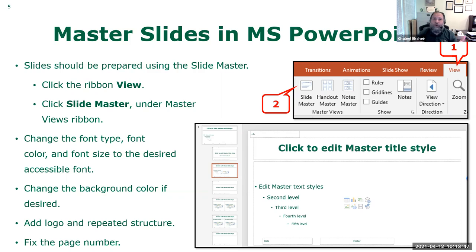One of the mistakes people make, for example, is they will add a logo to each slide, the real slide, and that is wrong because it will increase the size of your file, so it becomes heavy. And not only that, then you'll have to visit every slide and add alternative text to this logo. But if you use the master slide and you go only to the first slide,